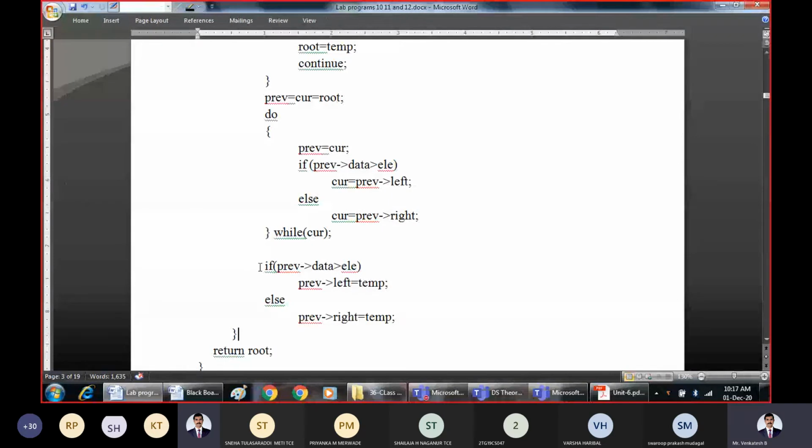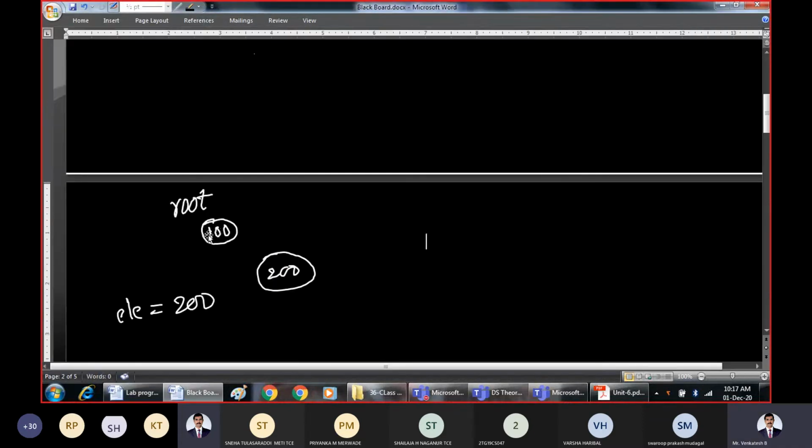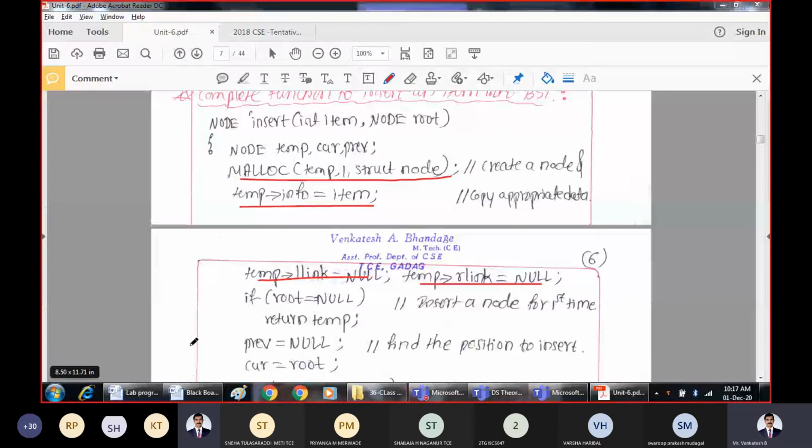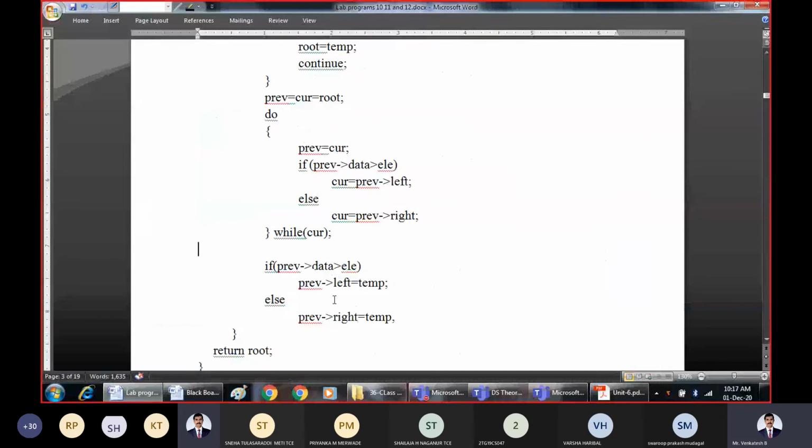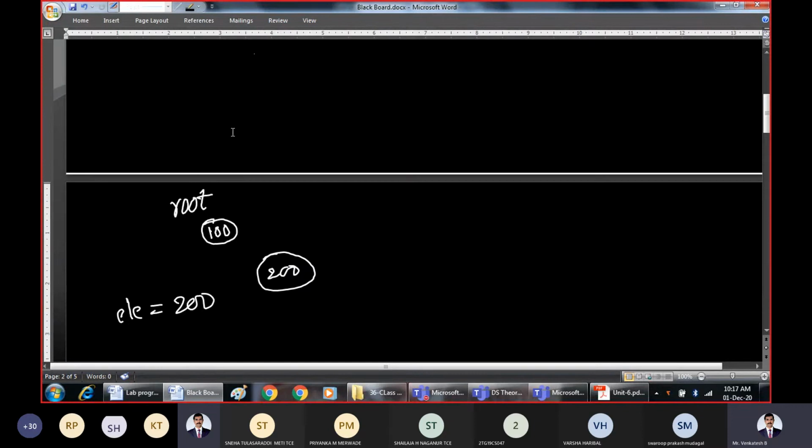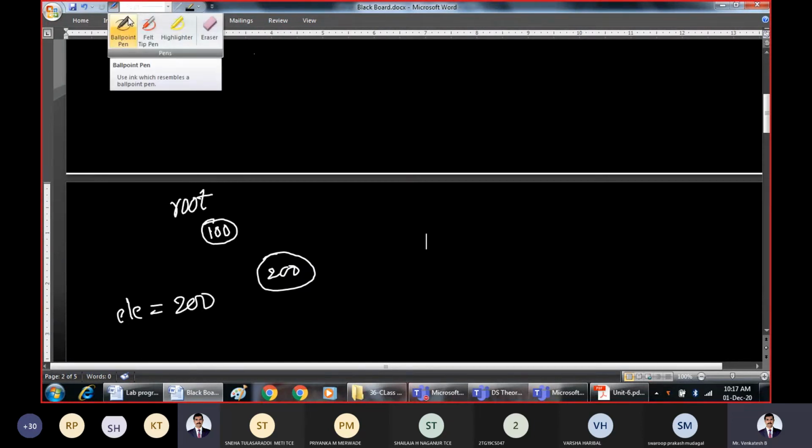But when it gets inserted, it is with these 4 lines. If previous pointer data is greater than element, we insert it at the left side. Else we insert it at the right side. So as per this condition, this will get inserted at the right side.